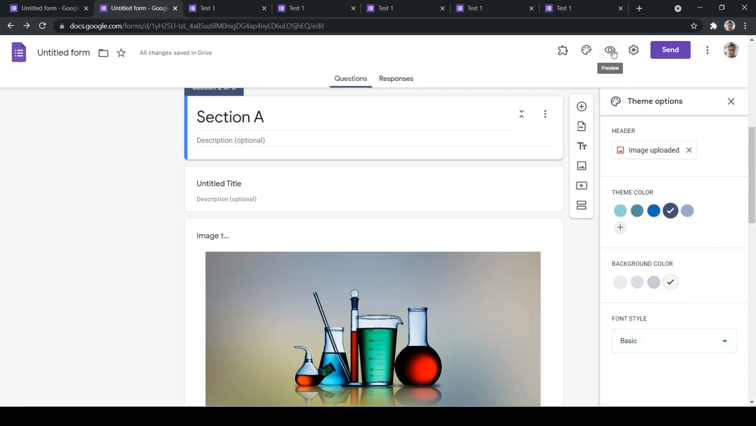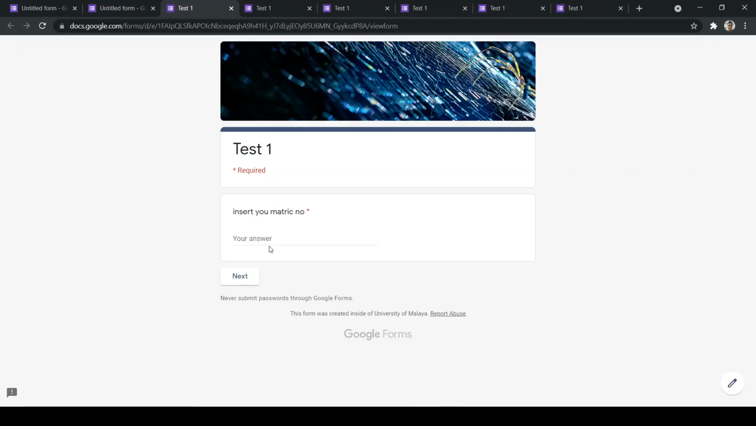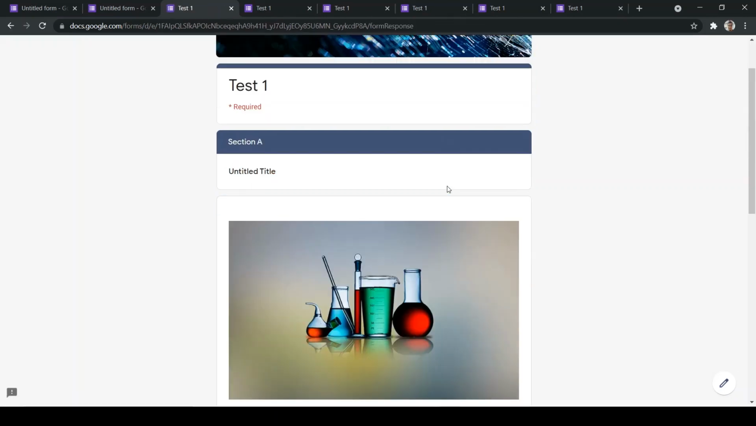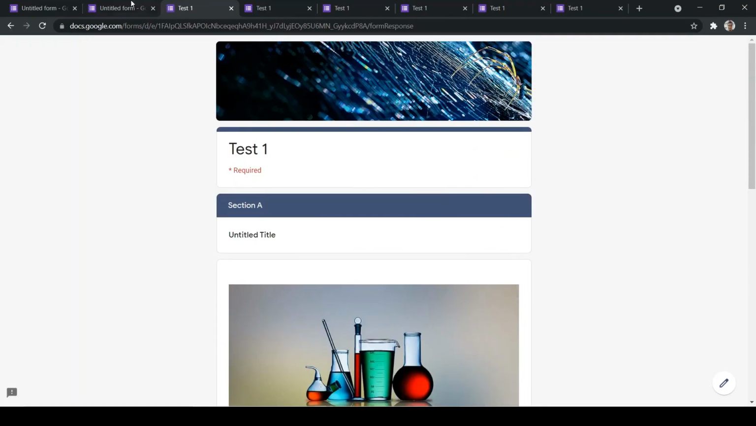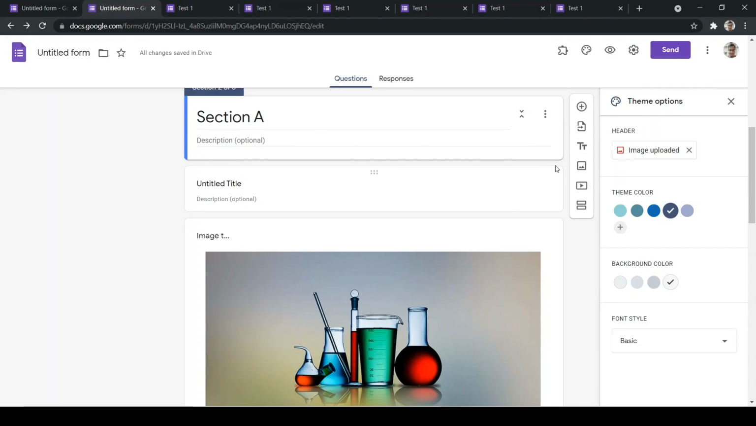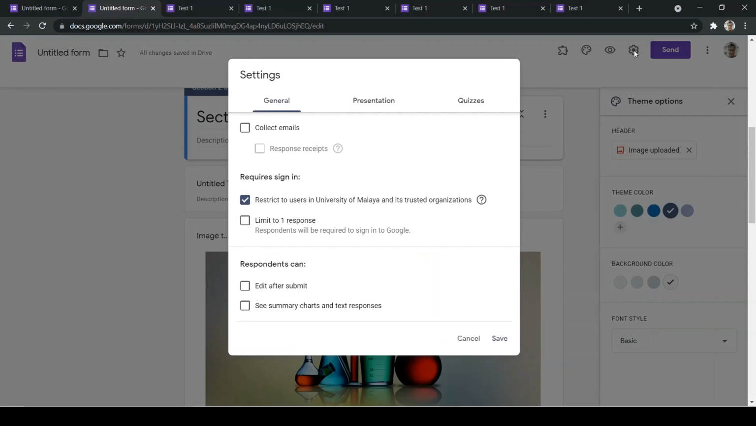And the third icon, which I have discussed before, is the preview. If you want to see how the student will see your question, this is the preview tab. All right, and then the fourth one is the settings. If you click the settings,